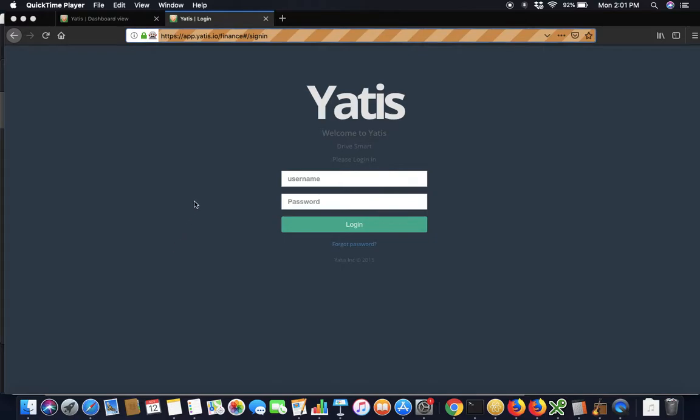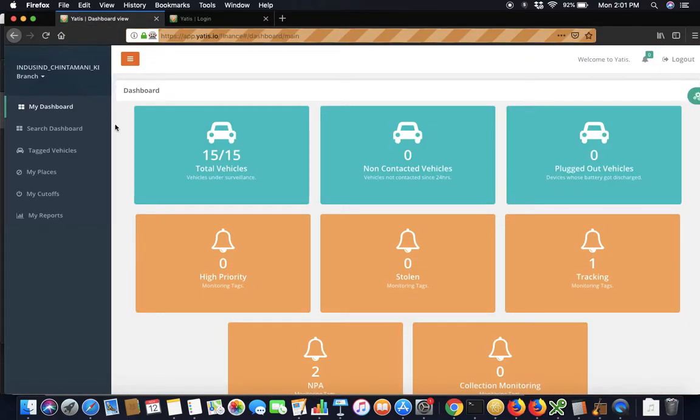The web app is hosted at https://app.yatis.io/finance. Your login and ID have been emailed to you. Please contact your headquarters or ask support at yatis.io for your login information. Once you have put in your username and password, you will come to a dashboard page